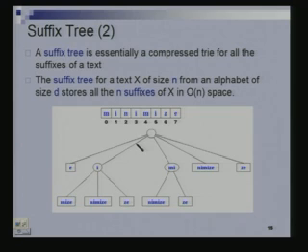Okay, so let's say I had this word minimize. So I don't make the suffix tree for each word in the text. I make a suffix tree for the entire text. Remember that, right? So if this is my entire text, I make a suffix tree for it. These are all my suffixes. They would be 8 suffixes: 1, 2, 3, 4, 5, 6, 7, 8, and this would be the corresponding suffix tree I would get.